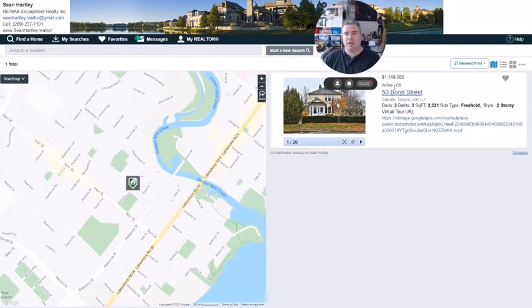this one is changed to conditionally sold, the CS, you can see right here. So originally it was active, now it is conditionally sold. So these are some of the changes you're going to see when it comes through as an update. All right, so I'm just going to go back